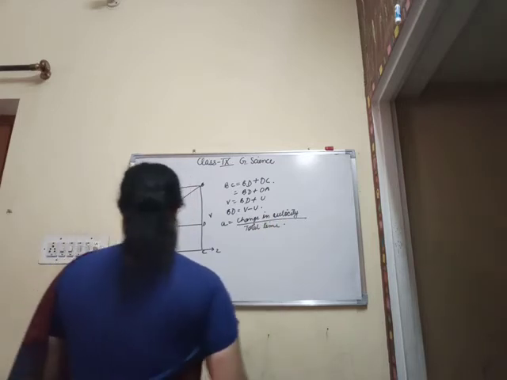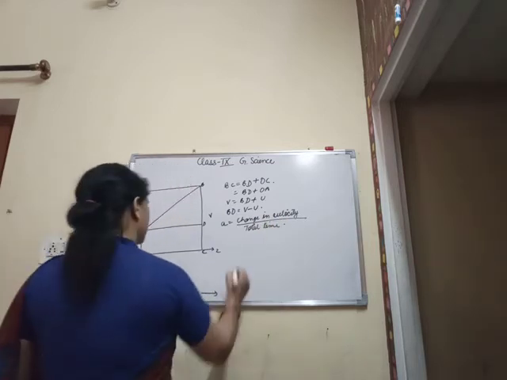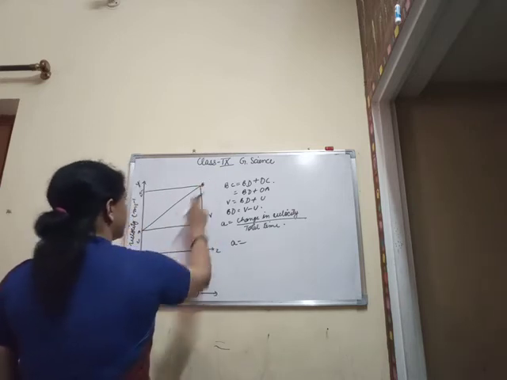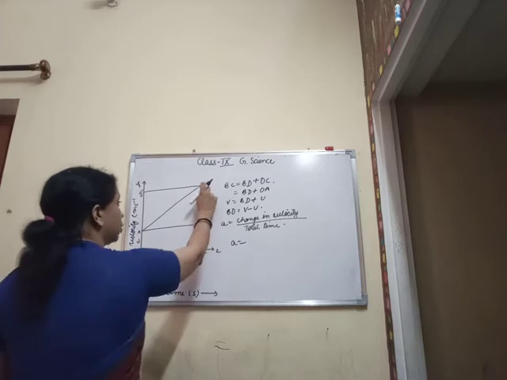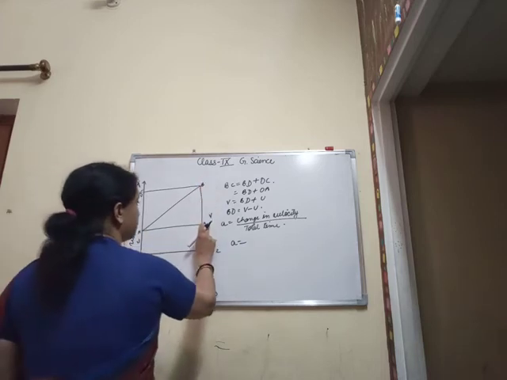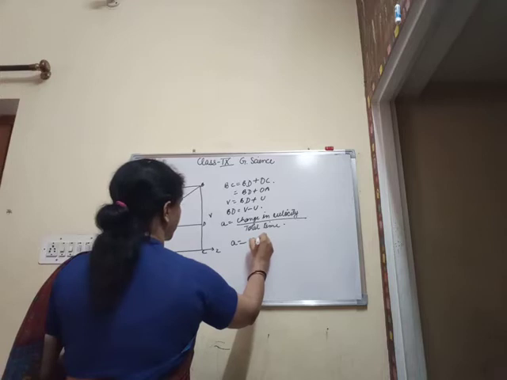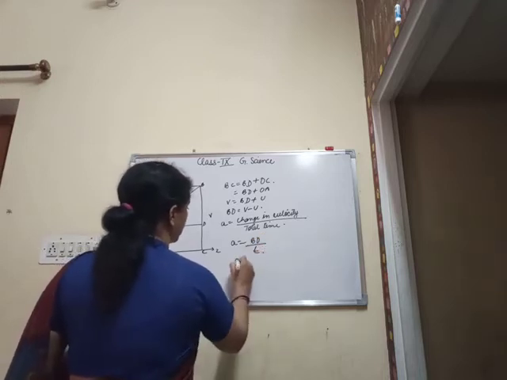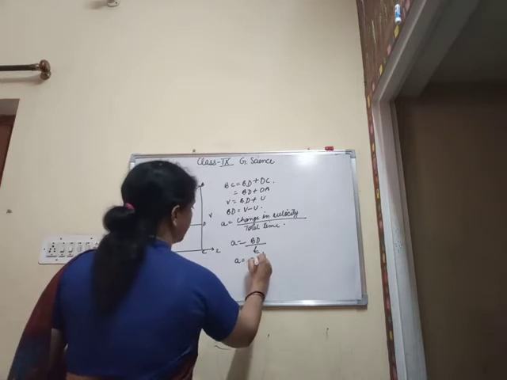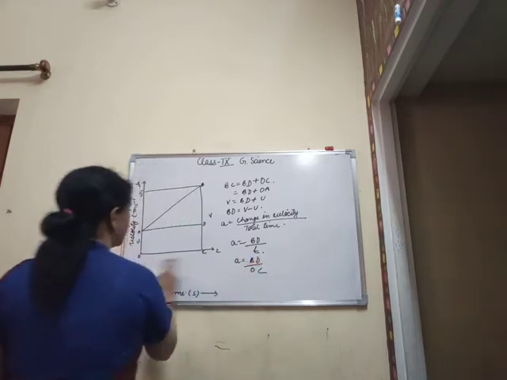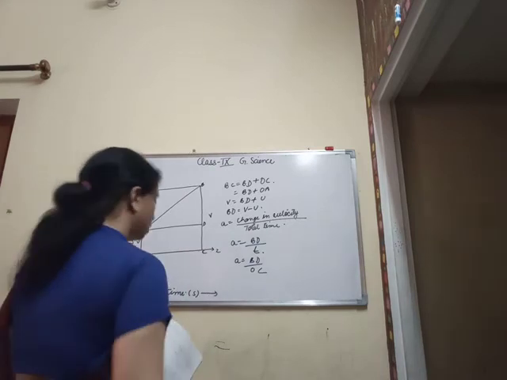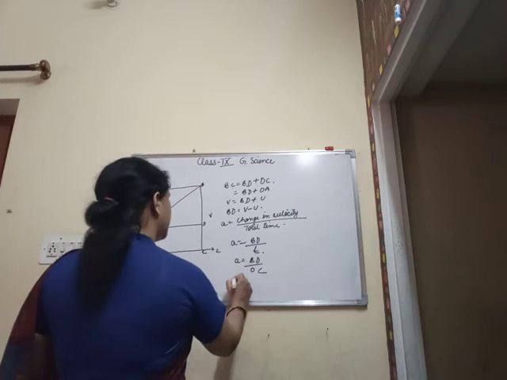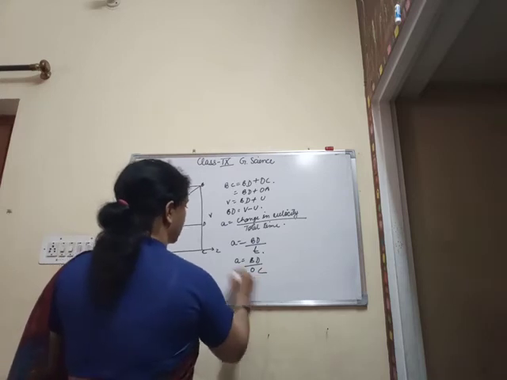Okay, so when we are talking about change in velocity, A is equal to the change in velocity, which will be represented by BD, since the velocity is changing from this point to this point. Therefore, change in velocity will be represented by BD upon T. So A is equal to BD upon OC, since time is represented by OC. Clear? So here, changing this, BD is equal to AT.